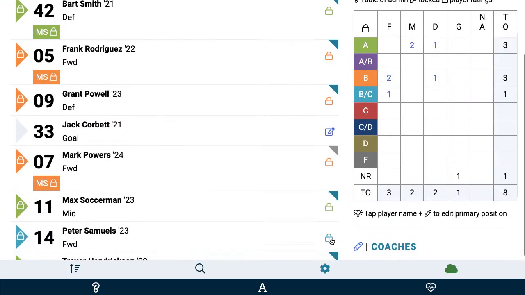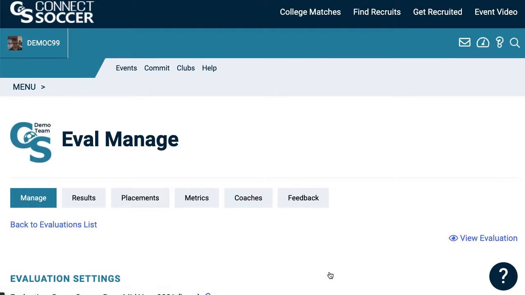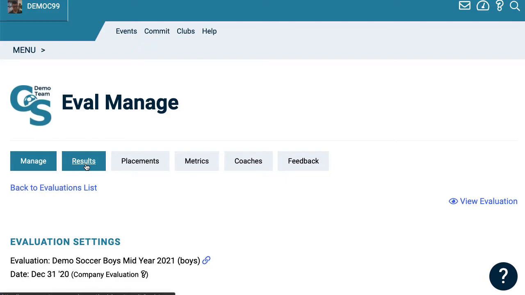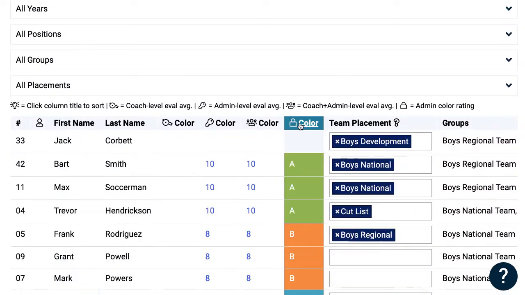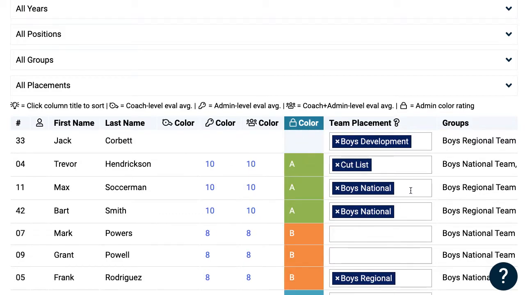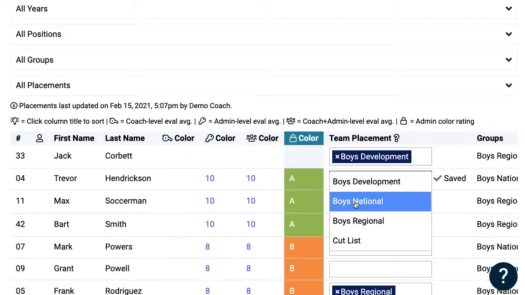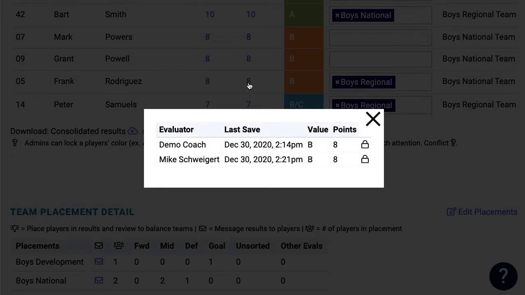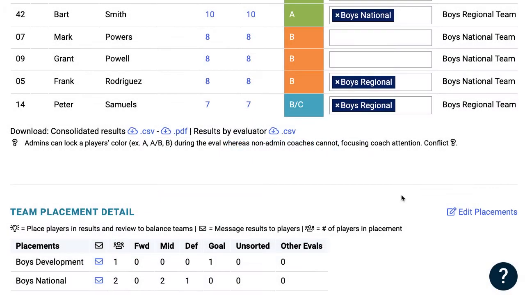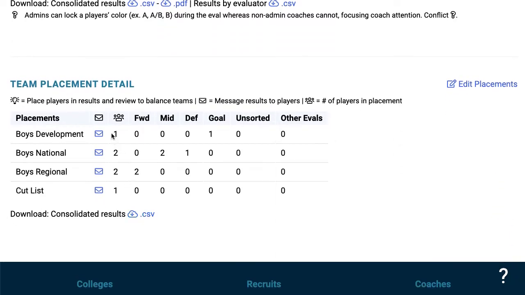If I exit the evaluation and I come down to results, what's great is it's going to automatically consolidate those results for you, so you can come here and see your top players. You can place them onto different teams, like your national or your regional team, and you'll be able to audit and see what coach said what when, and see all that information. You can check that your team placements are even or balanced across positions, and you can message and invite